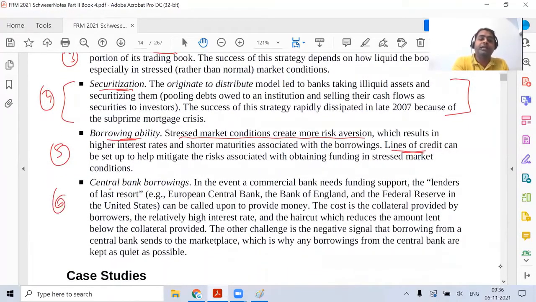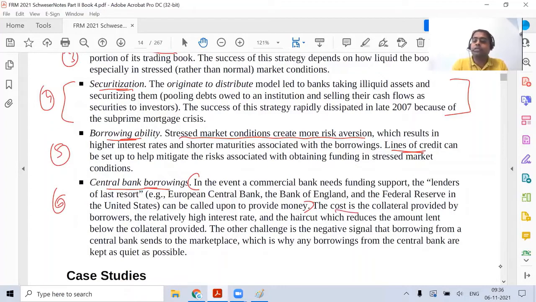The sixth point is central bank borrowing. Now, this is generally the last resort for any bank. You have to go to the lender of last resort, primarily your central bank like the RBI in India, and ask for money. They would take some asset and give you money. That's where, in India, you talk about the repo rate that the RBI announces. That's primarily the rate at which banks can raise money from the RBI. Obviously there will be collateral involved, because the RBI will not give you money directly. In the first three lines they've referred to the central bank providing money to the banking sector.